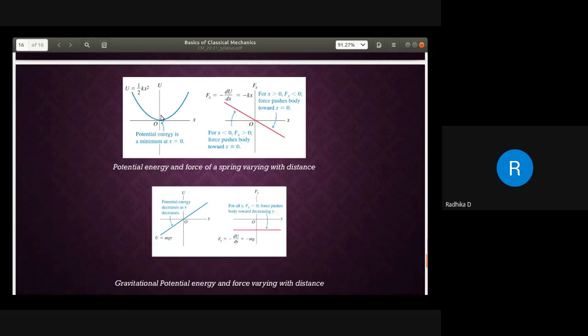Okay. So this is one condition where you have the potential energy. This is actually for the spring force, the spring system, the mass and spring system. The potential energy looks like a parabolic function. So this is half kx square as a potential energy. Now I can see the minimum is happening at x is equal to 0. Potential energy is minimum, or let's say the system is stable at x is equal to 0.